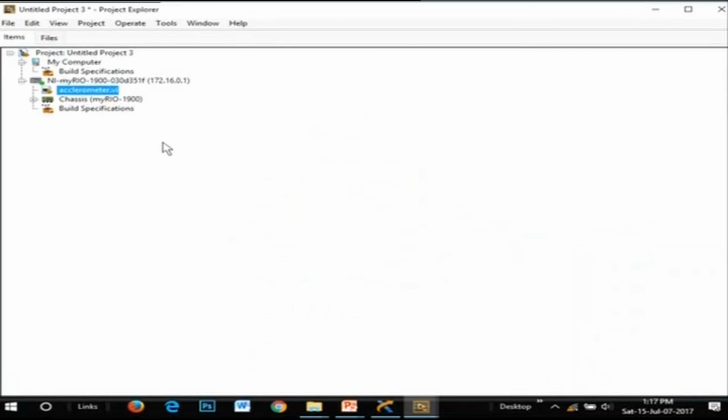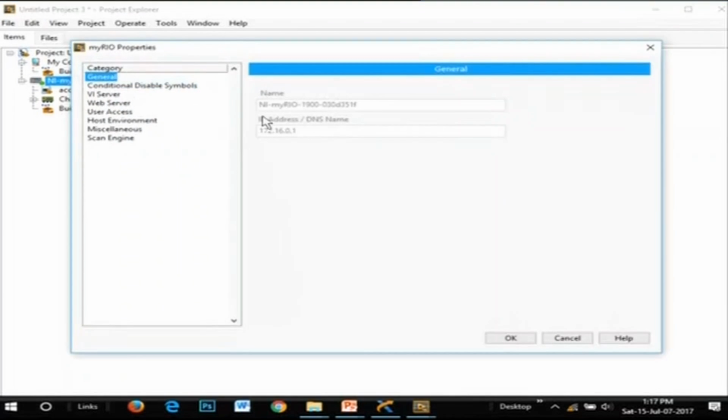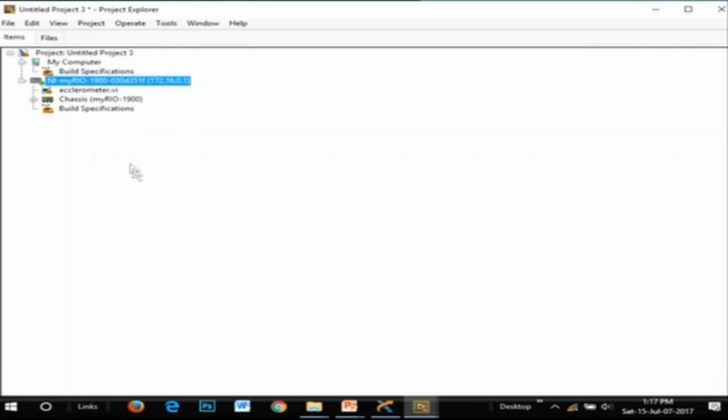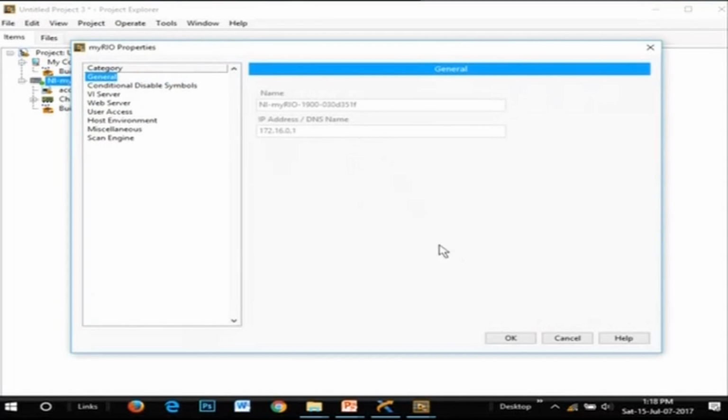I'll just display this. Go to properties and these are the changes you have to do. Once it is connected, you can't make any changes. If it is connected, watch here everyone. Right click on this, properties, you try to change it, right? That will not happen if it is connected.